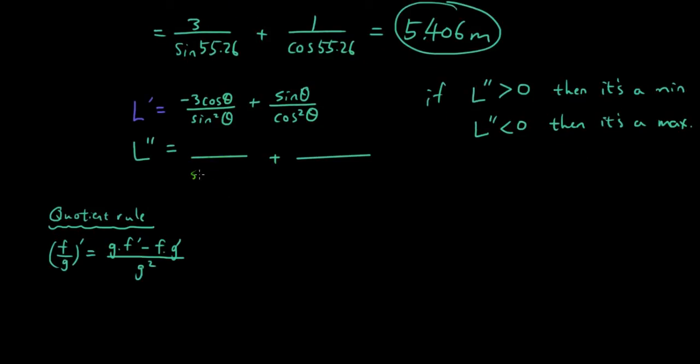So the bottom squared, that's sine theta to the power of 4, and on the top I have g times f dash, so -3 sine squared theta times f dash. f is -3 cos theta, so cos differentiates into negative sine, so it's 3 sine theta, minus